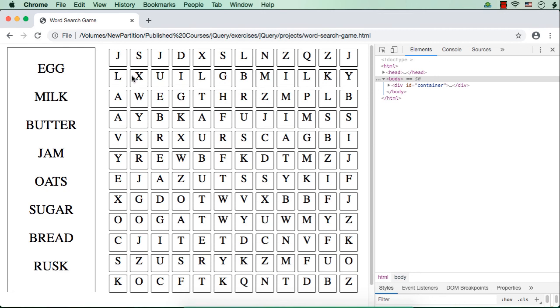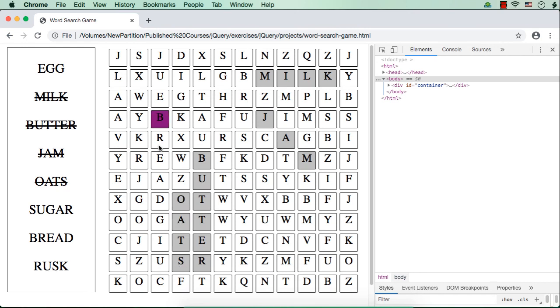Okay. Again, I have to play the game because of a mistake from my side. Let me try to find out the words. Okay. Egg. Yes, milk is here. MILK. Let me try to find egg. Okay, I could not find egg. Let me try some other words. Jam is here. Butter is here. Oats is here.